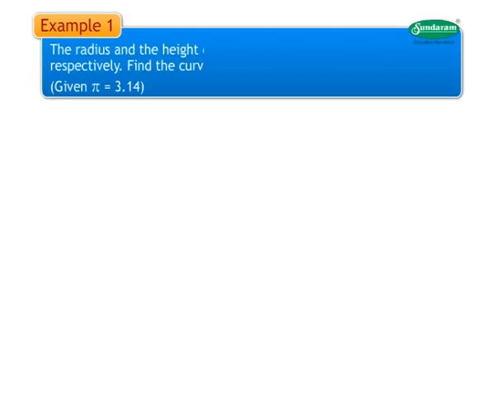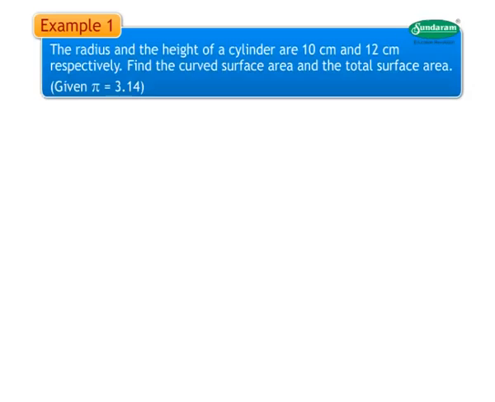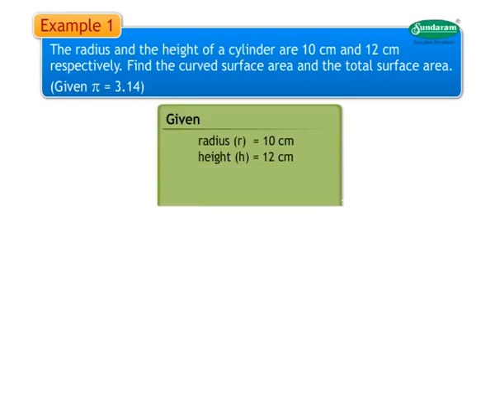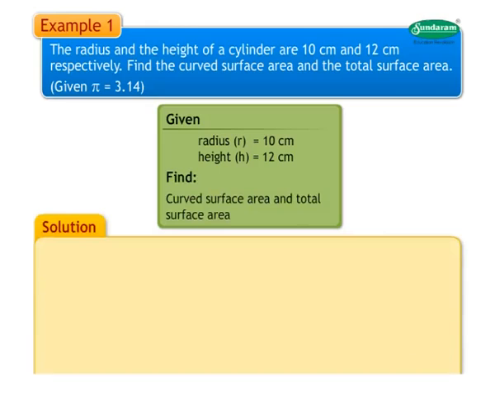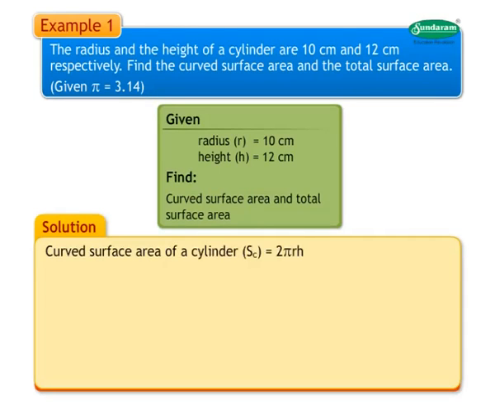Example 1. The radius and the height of a cylinder are 10 centimeters and 12 centimeters respectively. Find the curved surface area and the total surface area. Pi is equal to 3.14. Given radius is equal to 10 centimeters, height is equal to 12 centimeters. To find curved surface area and total surface area. Solution. Curved surface area of a cylinder is equal to 2 pi r h, which is equal to 2 into 3.14 into 10 into 12, which is equal to